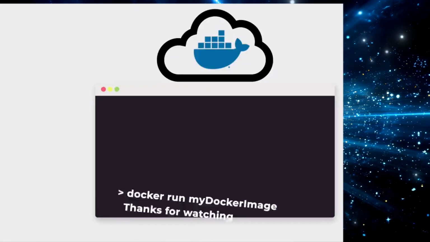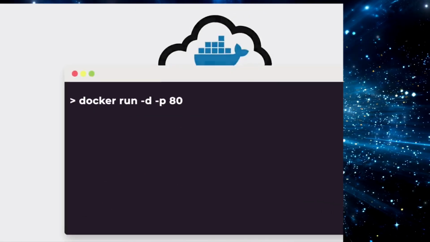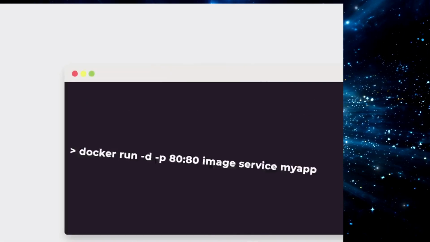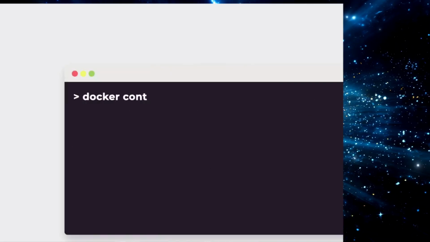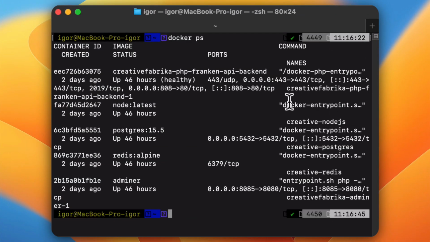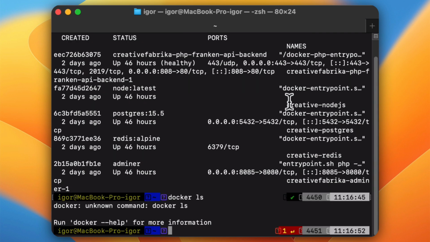To run a container, pull it down from Docker Hub, or build the image and enter docker run, followed by the image name. There are options such as running the container in detached mode using -d and assigning ports for web services. You can view your running containers with docker container ls, and as you add more, they will appear there. Running single containers is fine, but entering all these commands can be tedious.